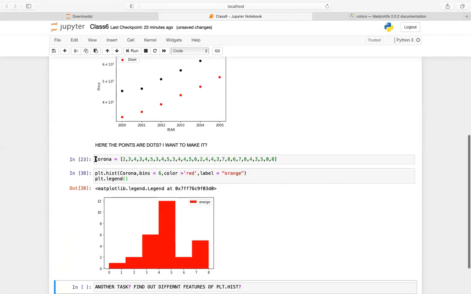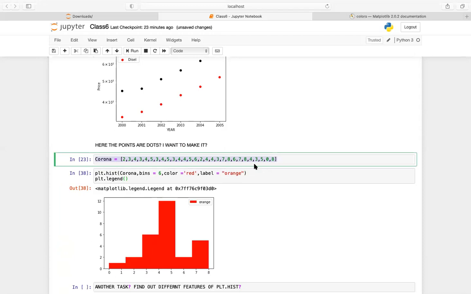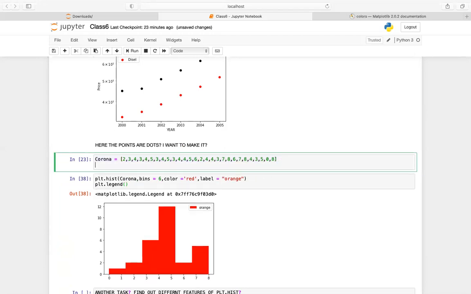Even if you want to plot two histograms together, which I have shown in the previous case, let me take corona 1, and just take anything, doesn't matter.